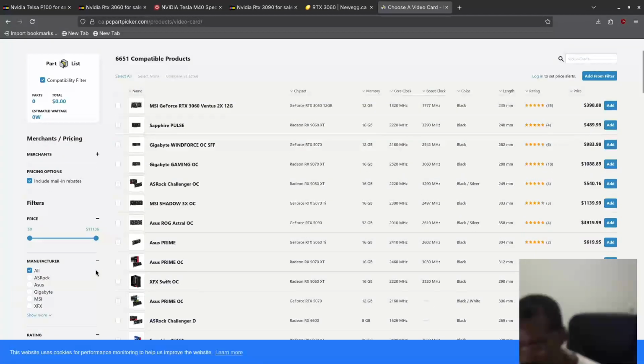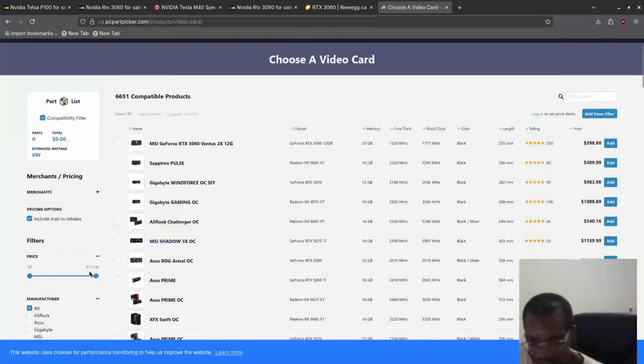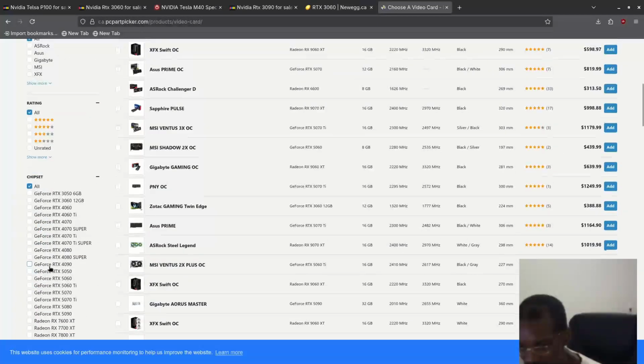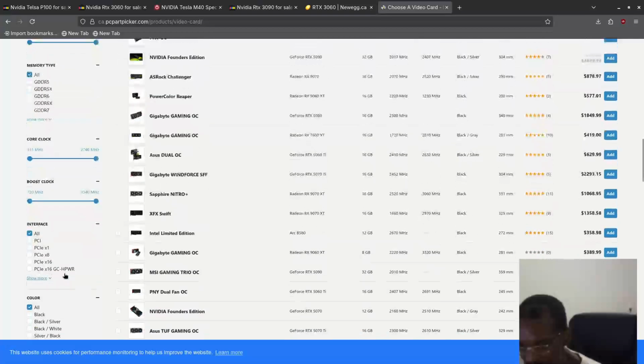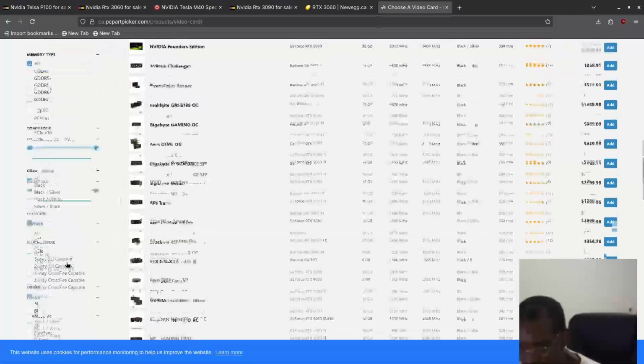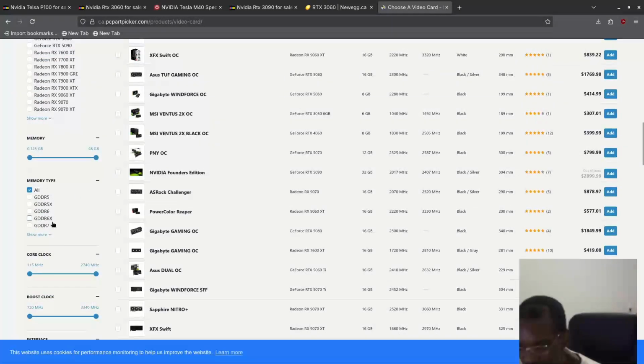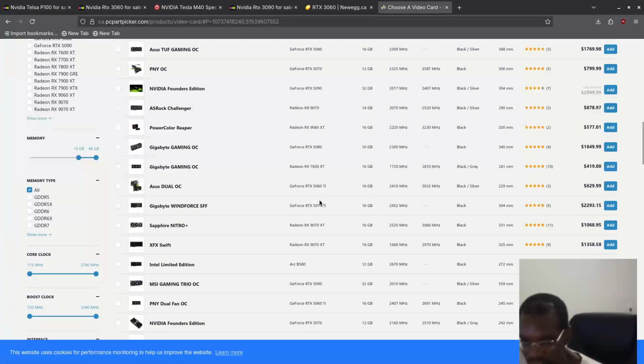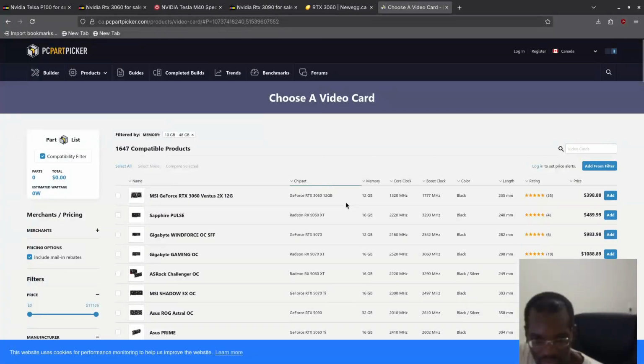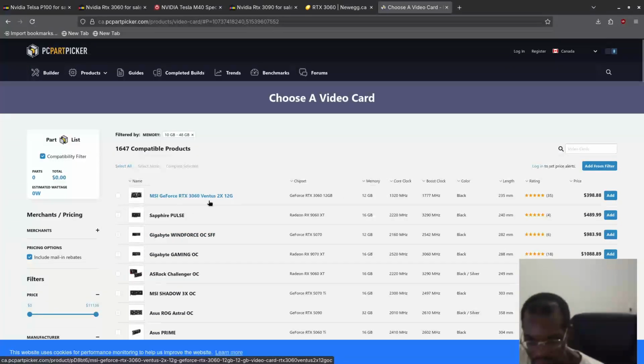So for example, let's say I pick the... Let's say I want 12 gigs. Where's the RAM? Did I miss it? Clock, memory. Here, RAM. So I'll go, let's say 10 gigs to 48 gigs. And as you can see here, the prices for like the